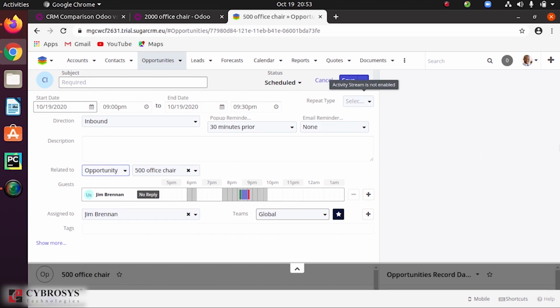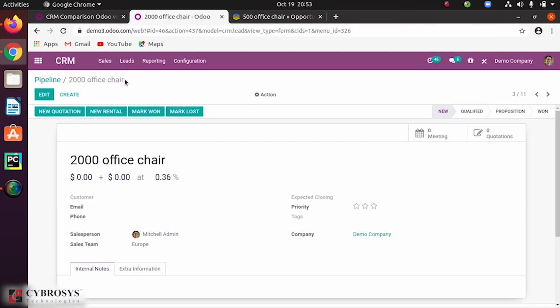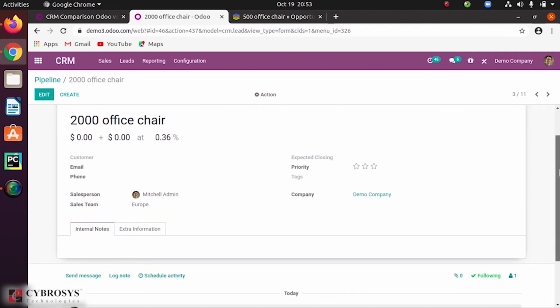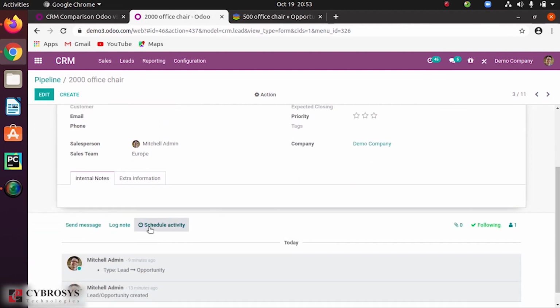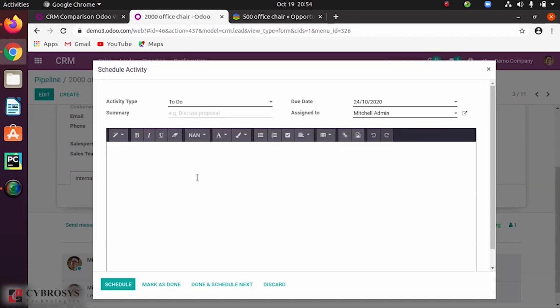So here you can see it's a bit complicated over the view itself, whereas in case of Odoo, you have the option to assign the meetings from here, or you also have the option to schedule the activities from here. Once you click over here, you can schedule the activities, and in Odoo itself you have the option to create different sets of activities as per your need also. So in case of Odoo, you can just assign the activities from here.